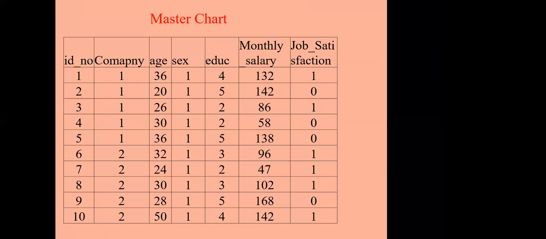If you only want to generate a simple frequency table, it can be generated even if you assign alphabets like male or female, or M or F. But if you go for sophisticated tests such as analysis of variance, correlation, regression, these categorical variables must be assigned numeric values. It expects your data to be numerical. So when you are conducting an analysis of variance, where you are comparing the arithmetic mean of two or more categories, these categories should be numerically assigned. Company name, say for example, 1, 2, 3. Then only this analysis is possible.